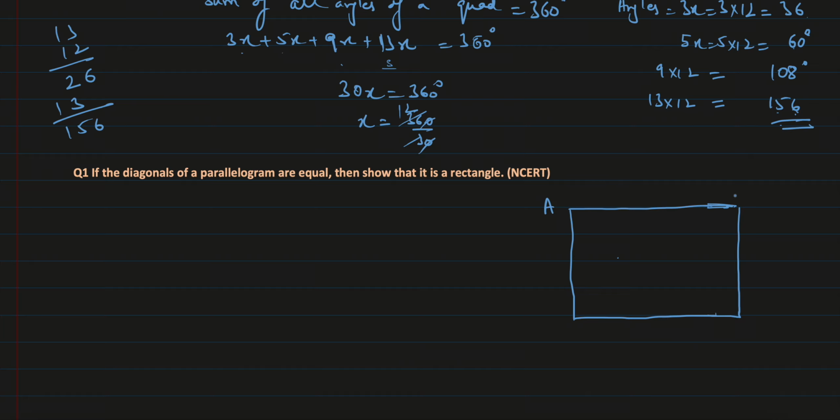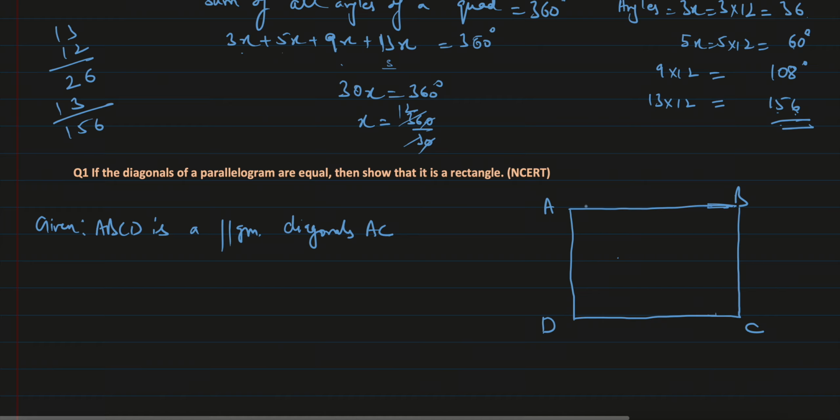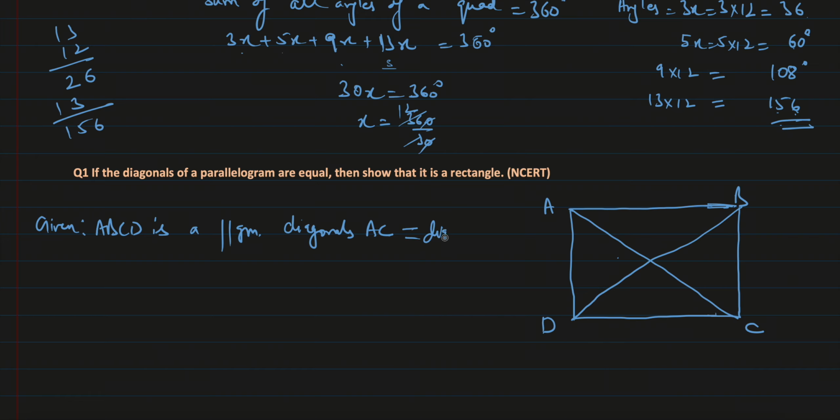So ABCD is a parallelogram given to you. So what is given to us? ABCD is a parallelogram. Now the property difference I was talking about, that diagonals were not equal in a parallelogram, but here it is given they are equal. So I'll write diagonals AC. Came wrong, let me draw it again. Diagonal AC and diagonal BD. It got a bit crooked, so I hope you won't mind. Diagonal AC equals diagonal